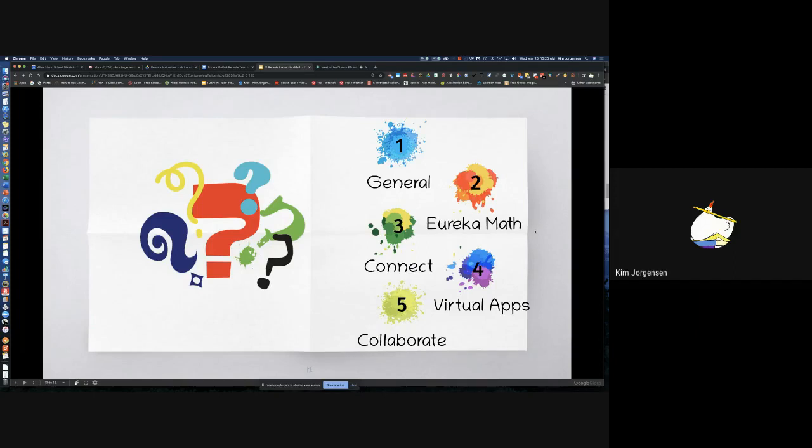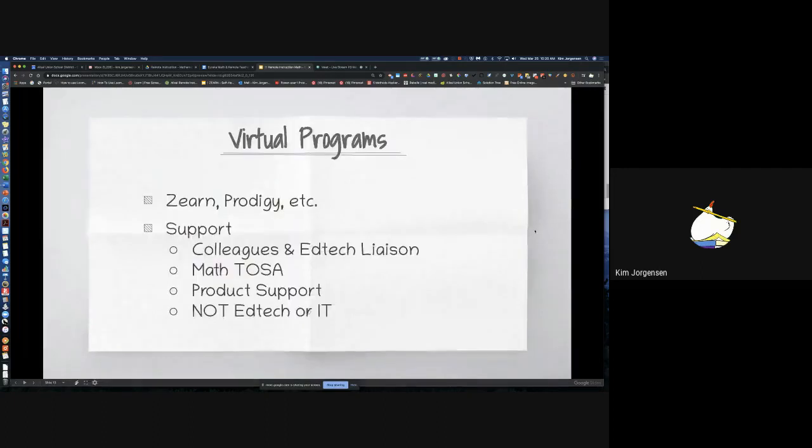So a short thing on virtual apps, virtual programs. I kind of addressed this already. Zern, Prodigy, whatever you've got where you've signed up for something and they've got something they have to do.